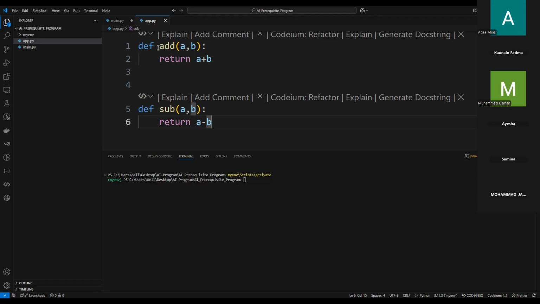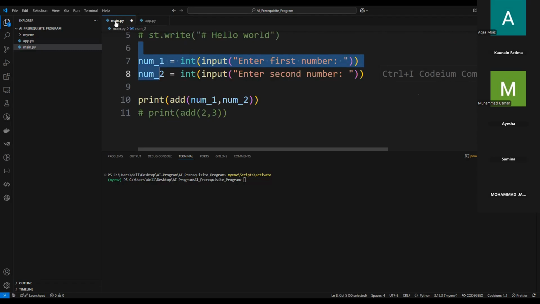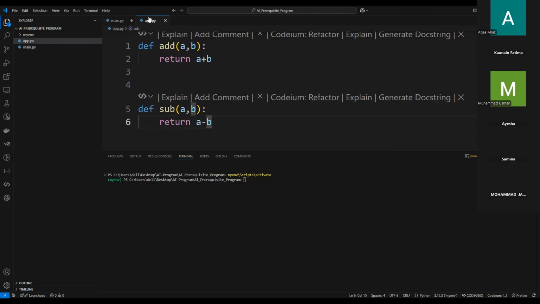ठीक है, एडिशन के लिए मैंने ऑलरेडी एक फंक्शन बना के रख दिया है, जो कि मैंने यहाँ पे बना के रख दिया है। अब मैं एक फाइल बना रही हूँ जिस फाइल के अंदर मैं यूजर से इनपुट ले रही हूँ, और उस इनपुट को मैं पास कर दूंगी दूसरी वाली फाइल के फंक्शन के अंदर। बट द प्रॉब्लम इज कि फंक्शन तो दूसरी फाइल में है, उसको मैं उस फाइल में कैसे लेकर आऊँ जहां पे मेरा डेटा है, जहां से मैं यूजर से डेटा ले रही हूँ।